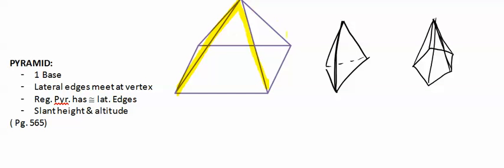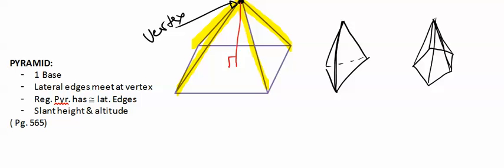So we'll have, and then the vertex will be up here, kind of that point of that pyramid. In a regular pyramid, it will have congruent lateral edges, so all these would be congruent if it was a regular pyramid. And something that you may remember from past lessons is that the line going from the vertex to